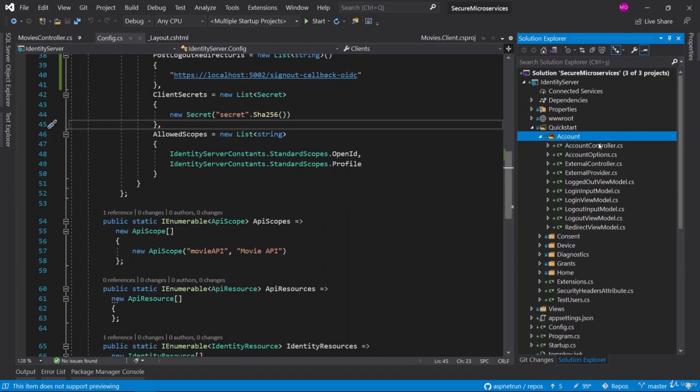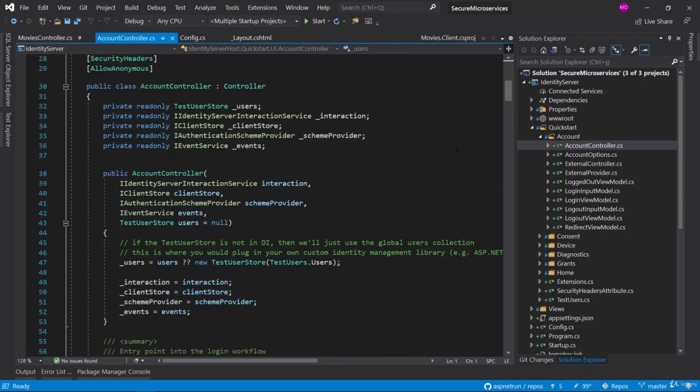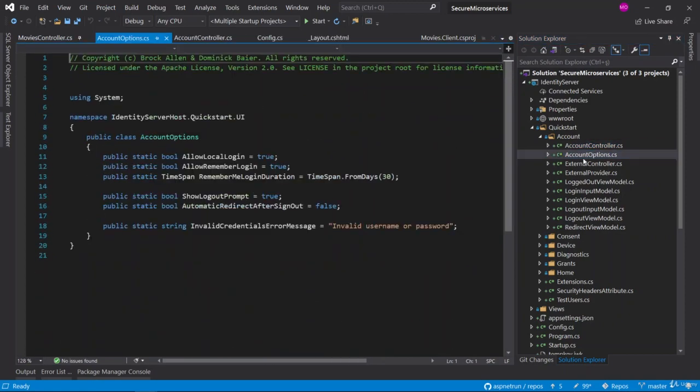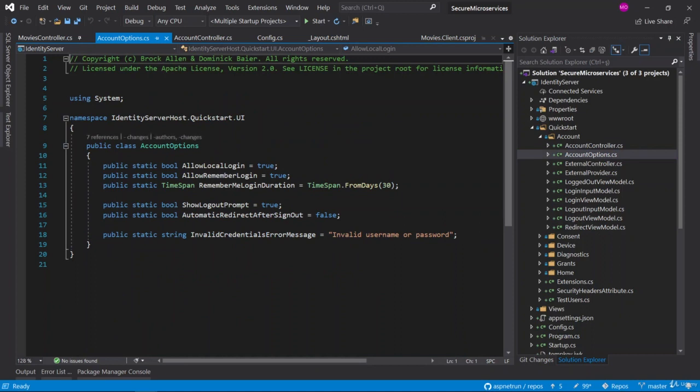You can examine this account controller in here. Also there is an account options class. In this class exist the configurations about the login and logout operations. So see the automatically redirect after sign out property in here. If we set this value as true, we can then test our logout button operation.